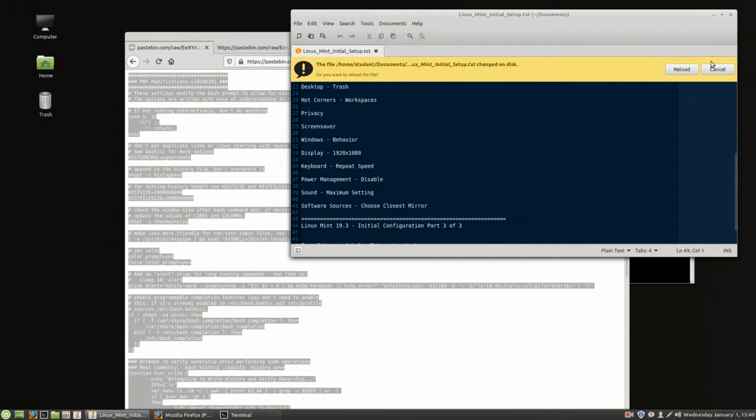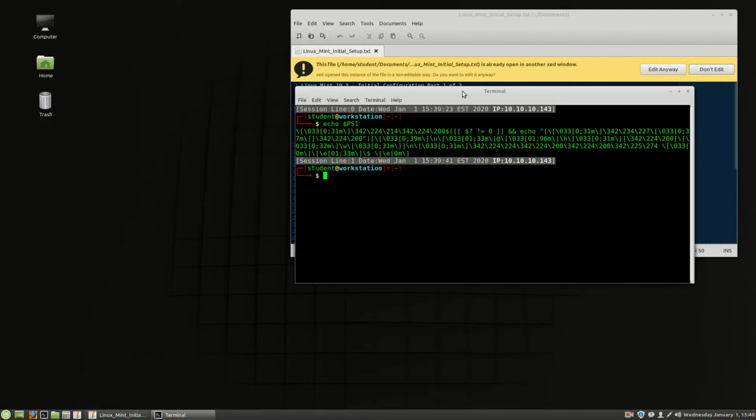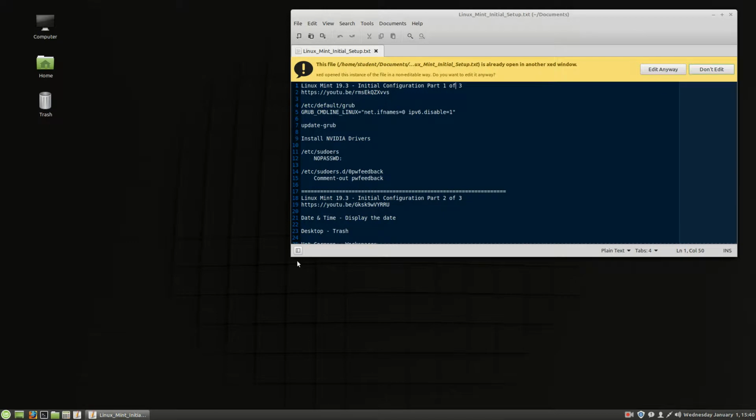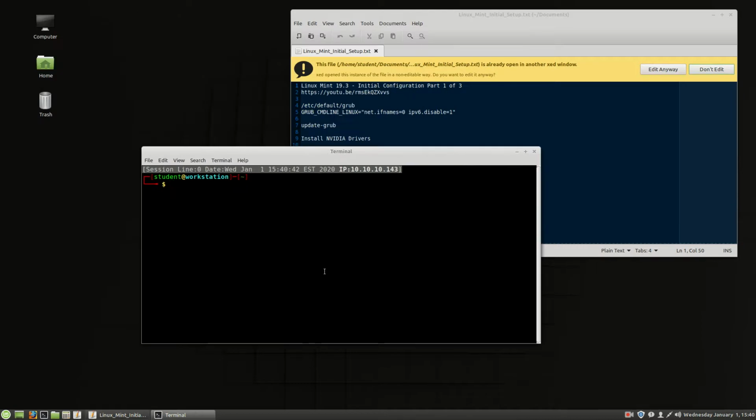So back over here. Close that out. So this is our terminal. This is our new terminal. I'll go ahead and type X for exit, and it's gone. I'll open up a new terminal, bring that up, and you may notice a couple of things that are added